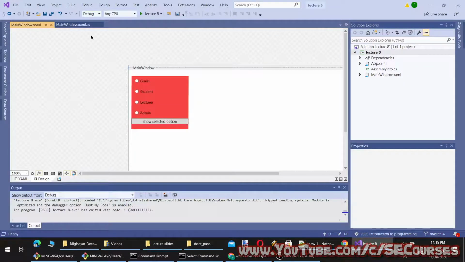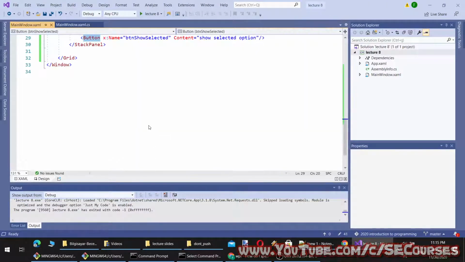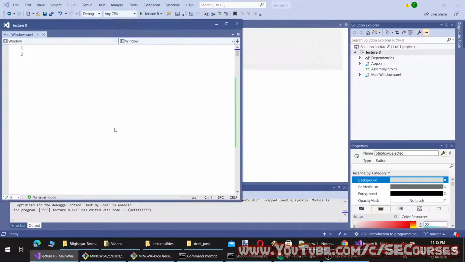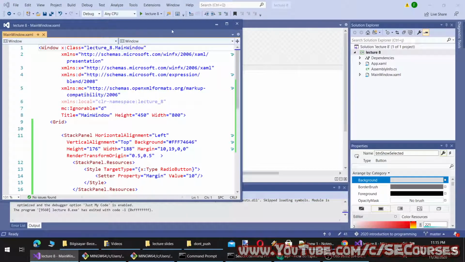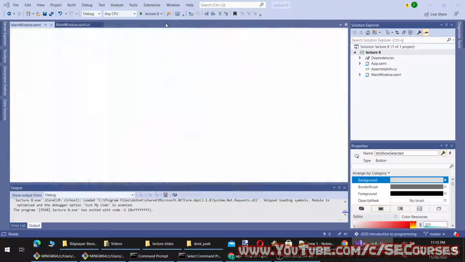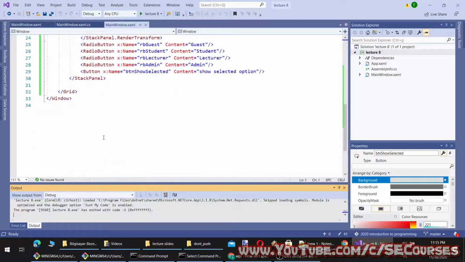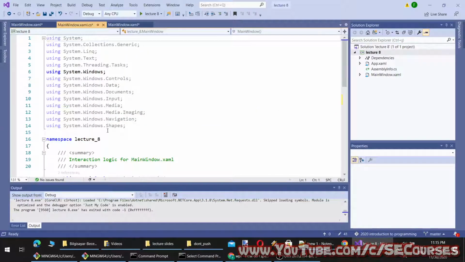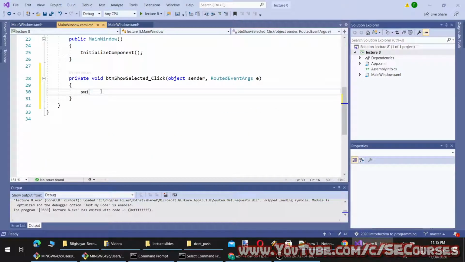So let's add a click event to this button. I'm going to switch, and no, switch wouldn't work.